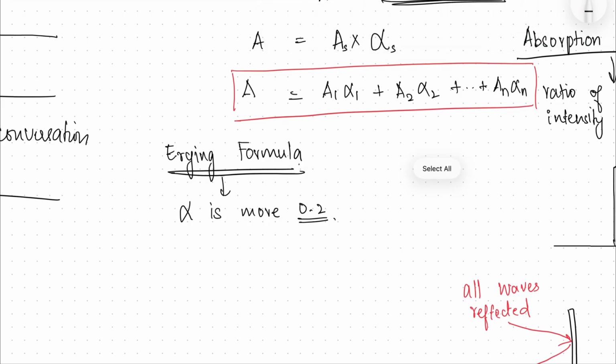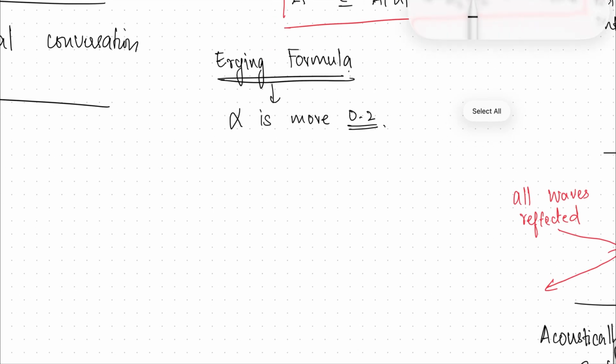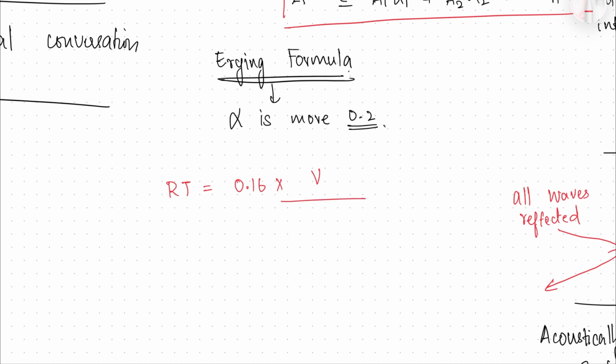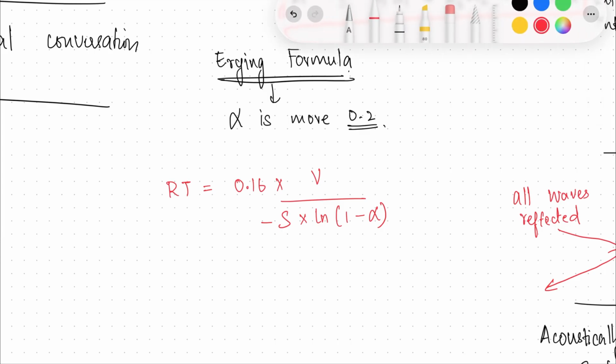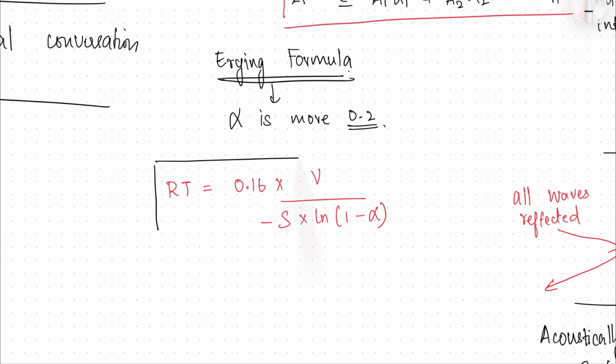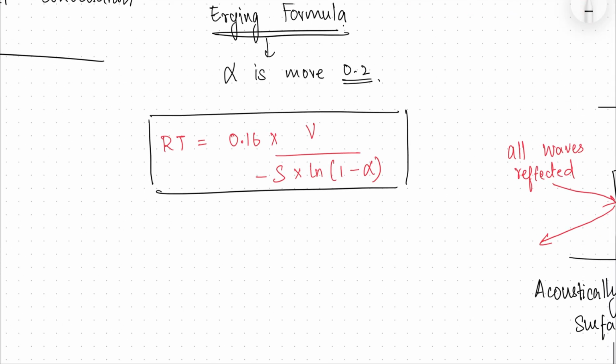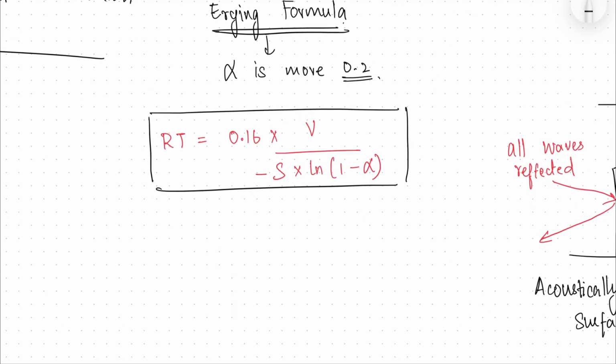Okay, so RT is equal to 0.16 into volume divided by minus total surface area into ln of 1 minus absorption coefficient. This is the formula, but do not use it unless it's specified,